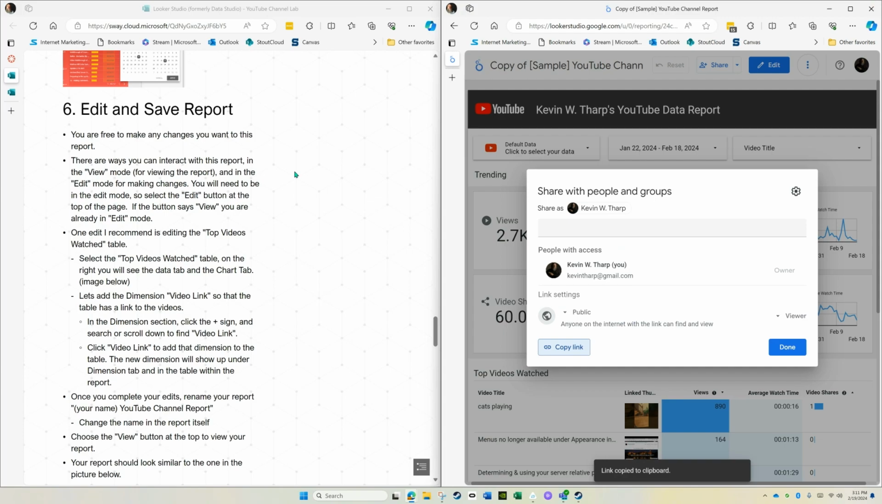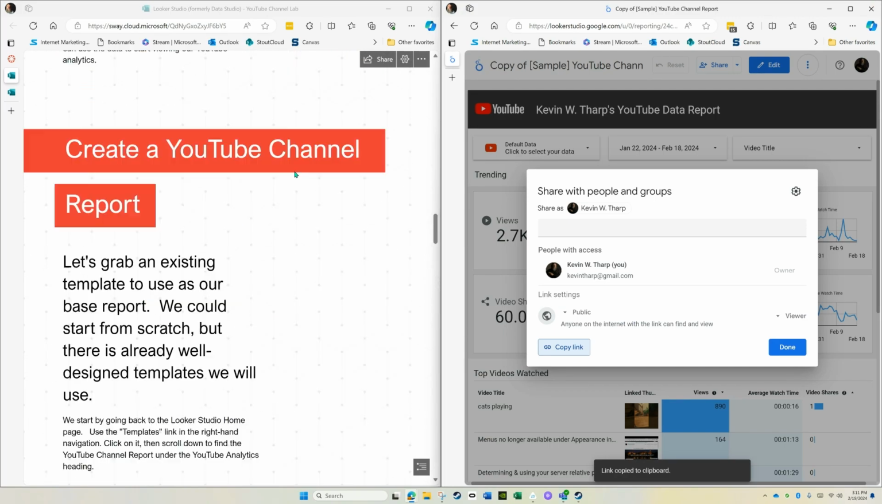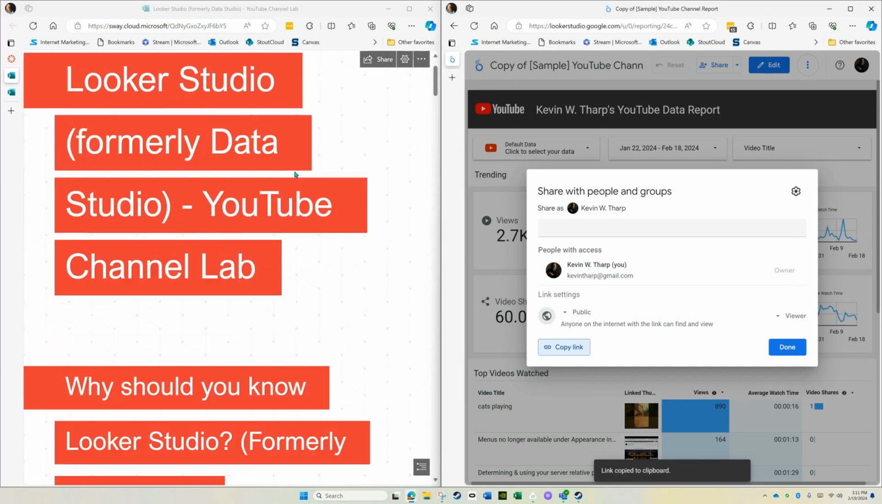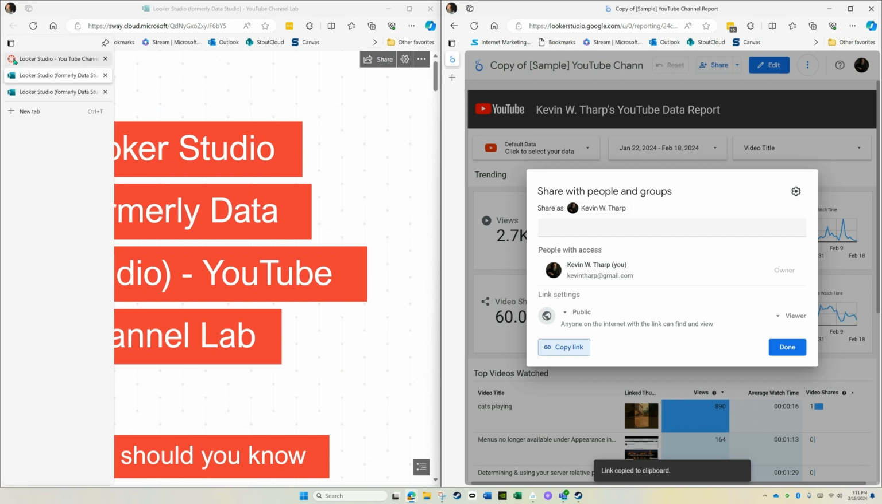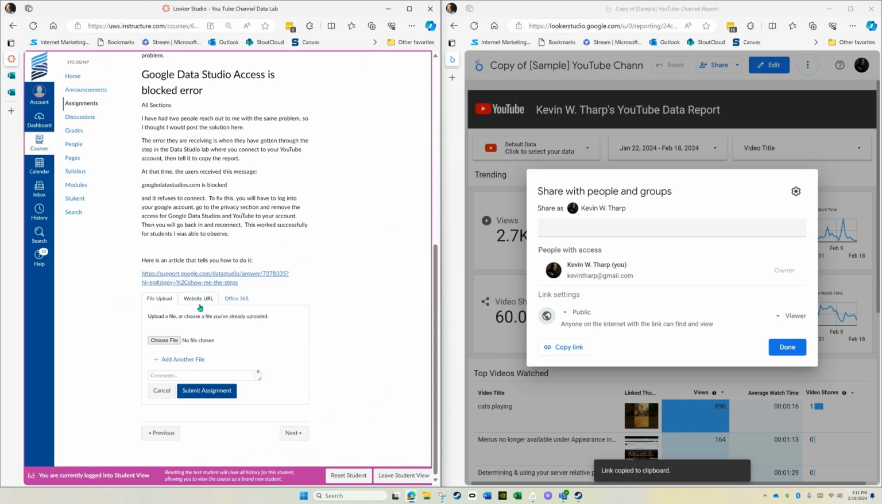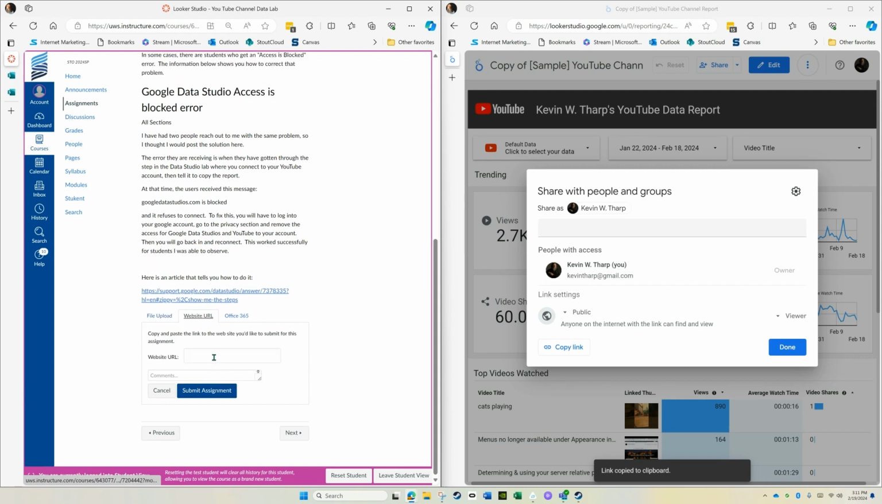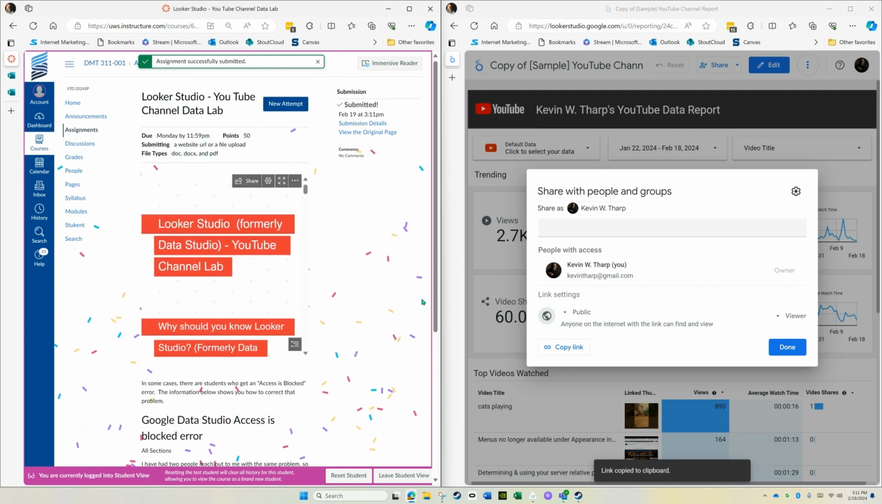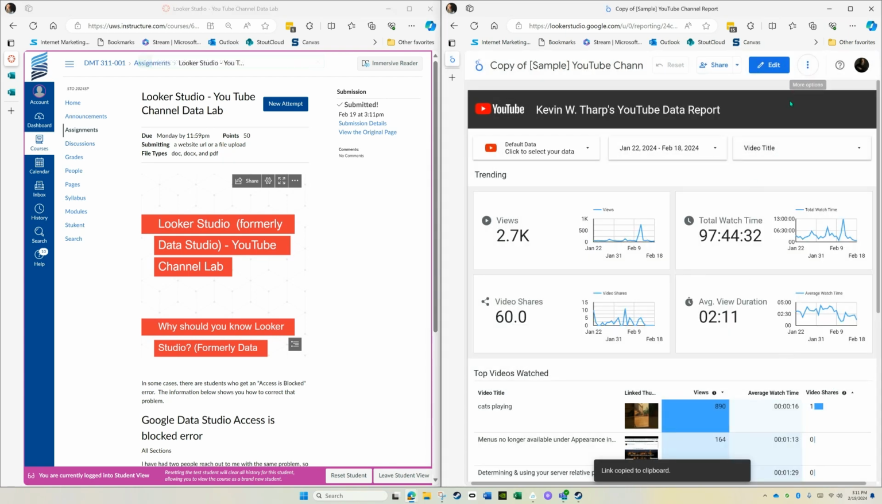Once you've got that URL, what you're going to do is go back to Canvas. You're going to choose start the assignment, and then you're going to come into the website URL. You'll paste the URL that you just made, make any comments you need, click submit assignment, and then you will see that that file has been submitted, and then you are